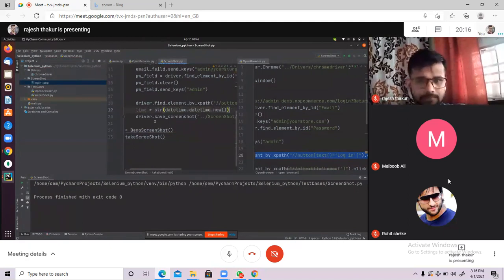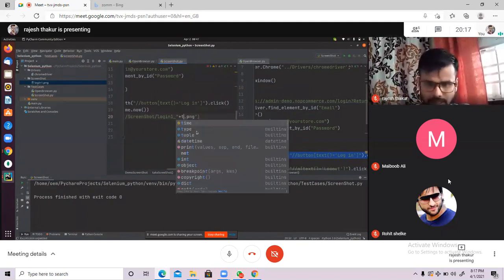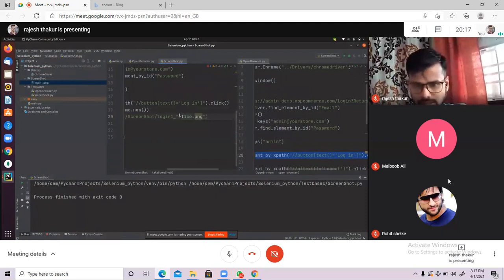And now this time I am going to write login underscore, just observe here very carefully, login, comma, or else you can say plus I can write, and here I can write time, and this will capture the time.